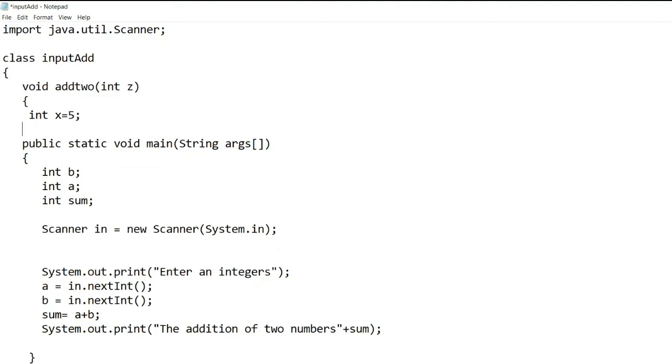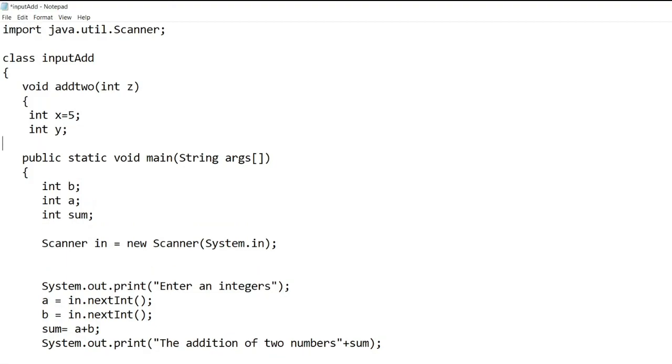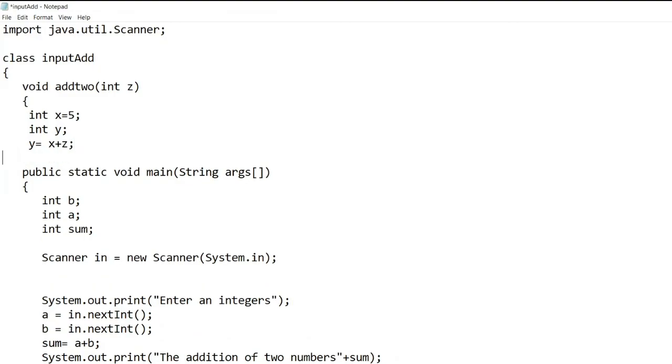Then I will define int y equals x plus z over there. Then I'll print this value once again.